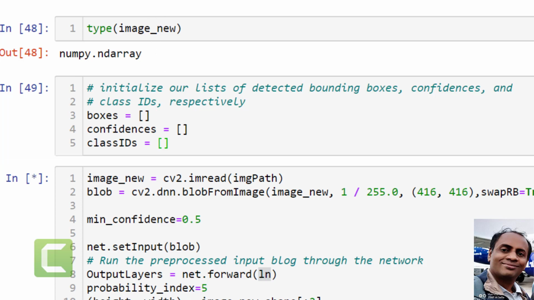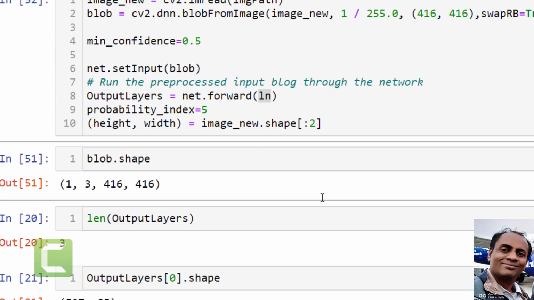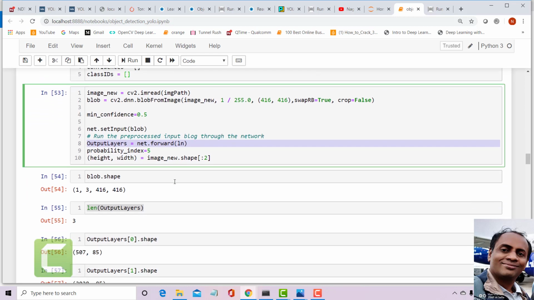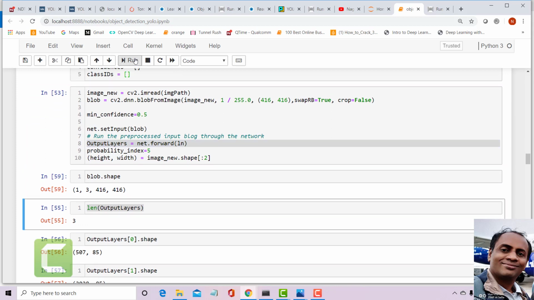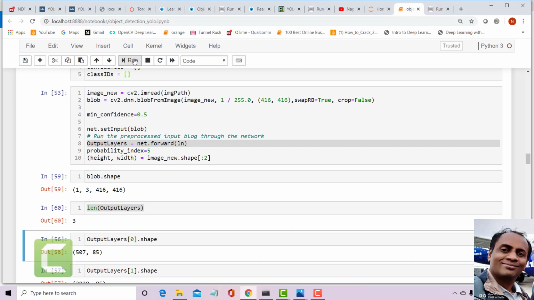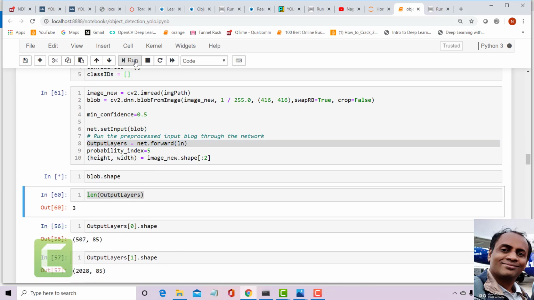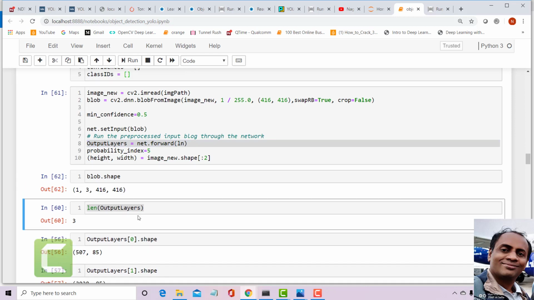Okay, so I'm just running this. Output layers is basically one result for each of the three layers that we have. So it is going to provide us a set of probabilities or detections for each of the layers.